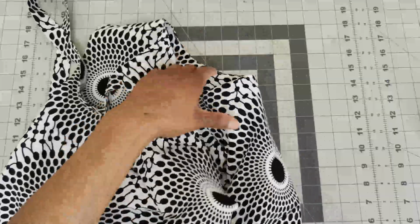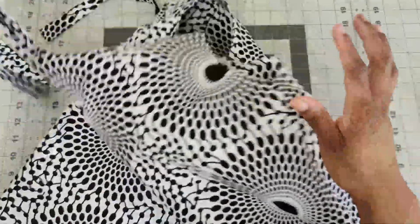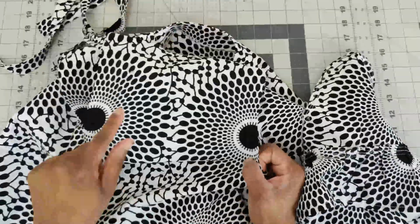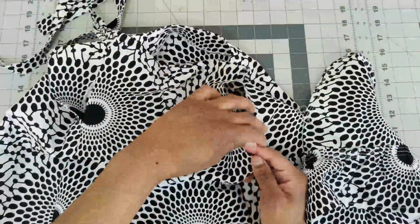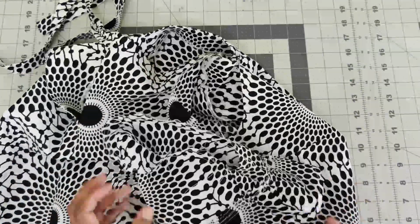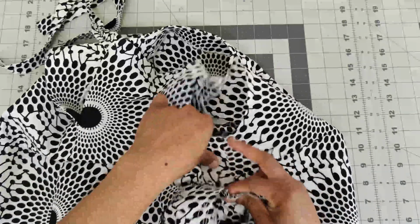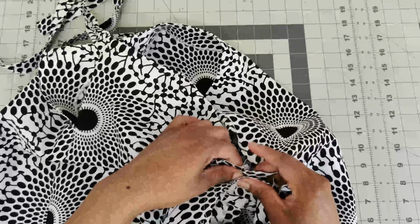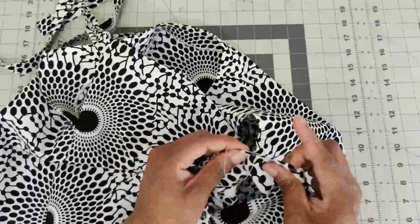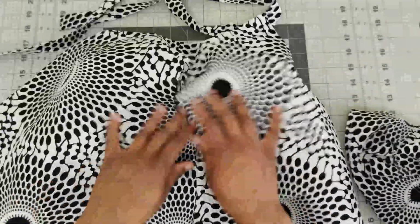All right, so basically what I'm going to do is go ahead and insert the sleeve. So I'm just going to show you how to go ahead and pin it. Now, this is the back of my top right here. So you should have 2 notches in the back and 1 notch in the front. So when you grab your sleeves, you want to do right sides together, matching up the sleeve. Now this is the back of my sleeve, so this is the wrong armhole, so you want to switch to the other side,